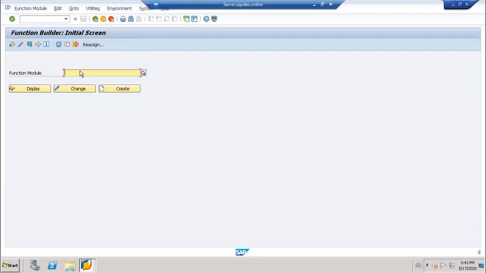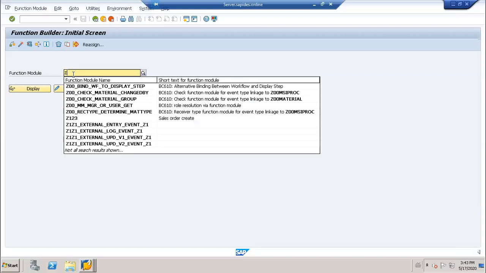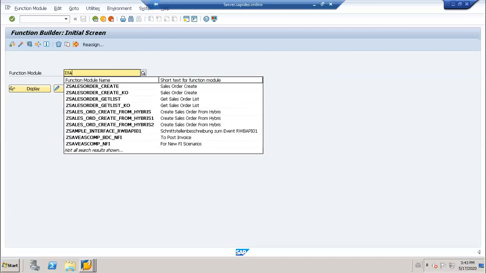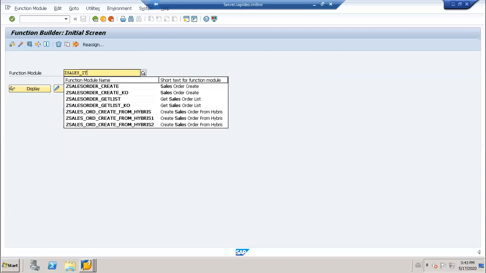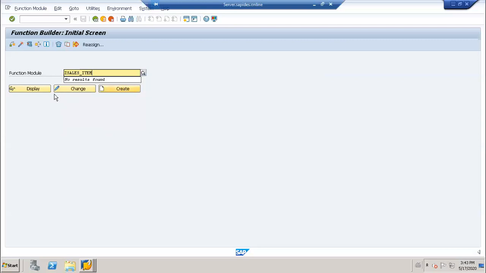Once I give a sales order number, it has to give me the sales order items. How many items are there, it has to return to me. So I'm writing Z sales underscore item. I'm creating this function module.